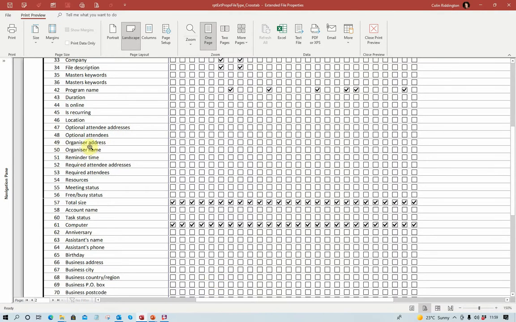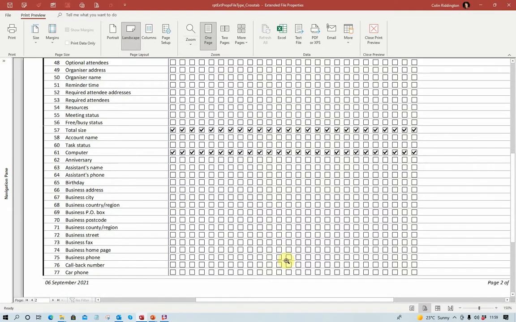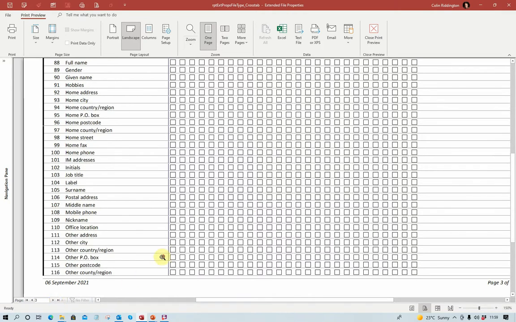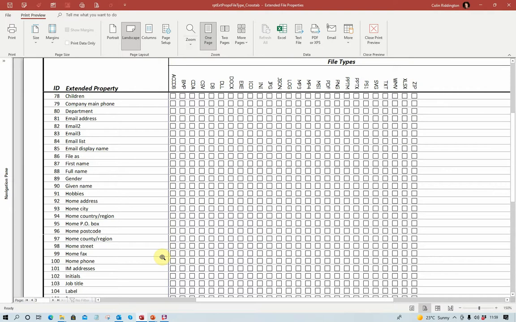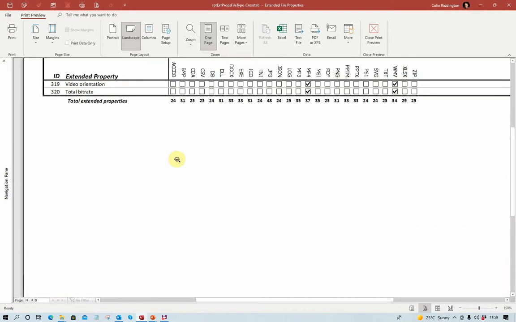Optional attendees, organizer address and so on. Going through here, assistant's name, birthday, etc. for contacts, I presume, but I don't know what sort of file they would be. And in fact, the next screen, we've got none at all of those have been used. Going through to the end, as I mentioned, the last few are for